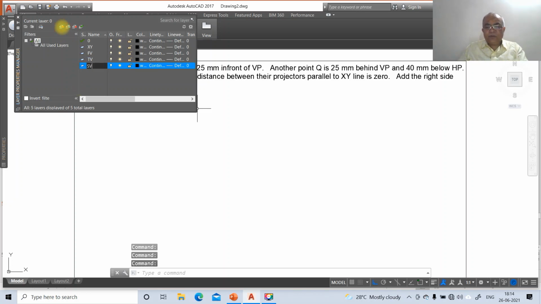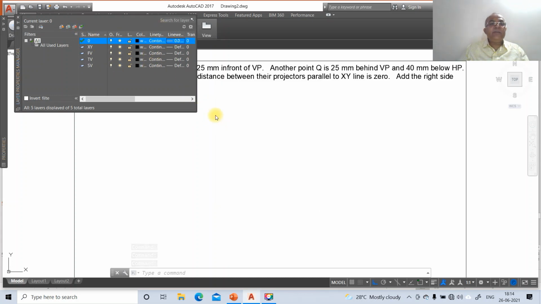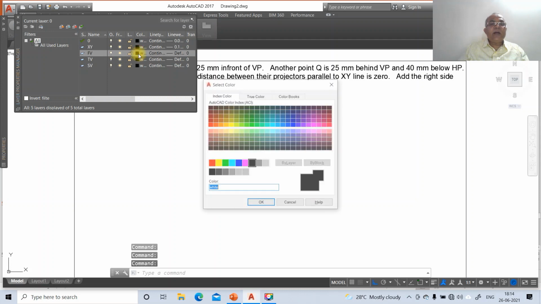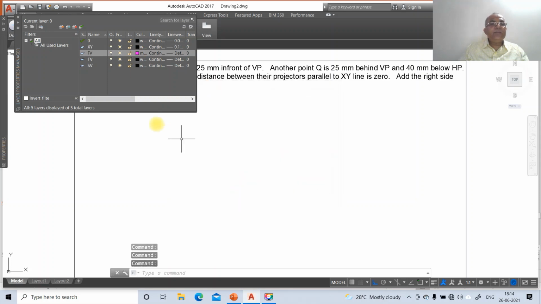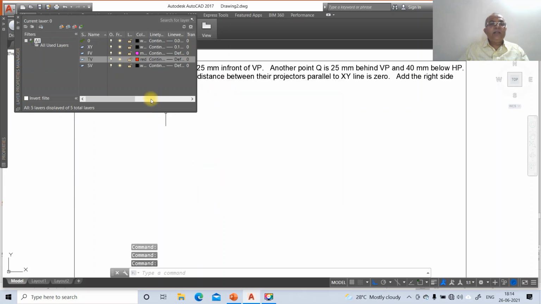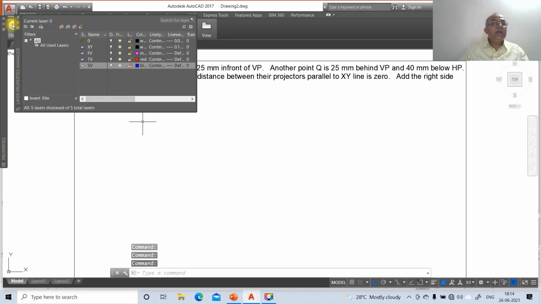Every time you just press the new layer. Then go to line weight of layer 0, set it as 0.05, and then layer XY 0.13. Then the front view should have the magenta color, the top view should have the red color, and the side view should have the blue color. Okay, and then close it.